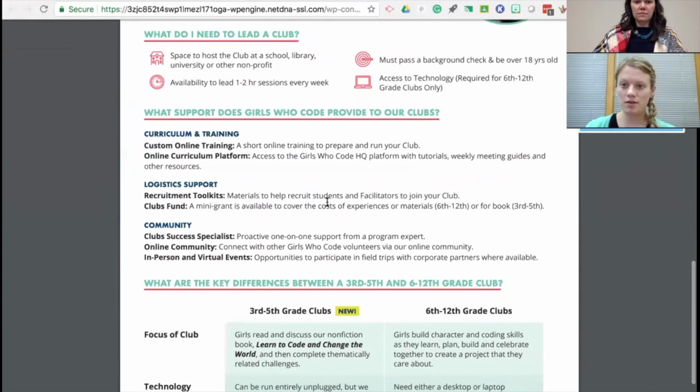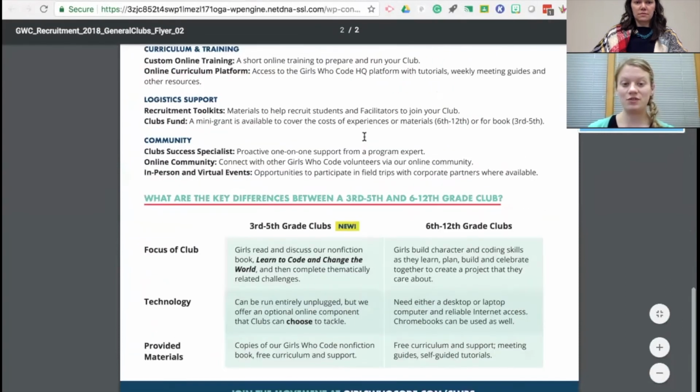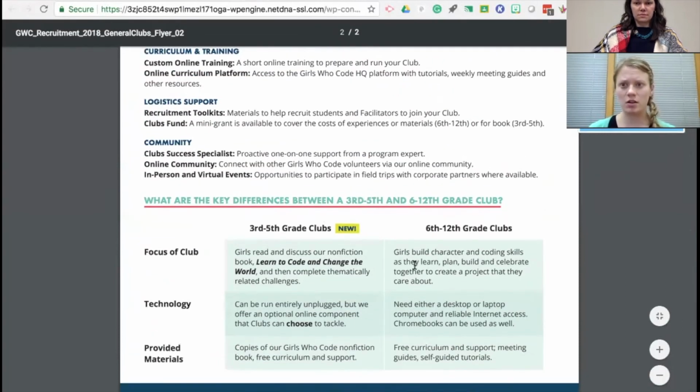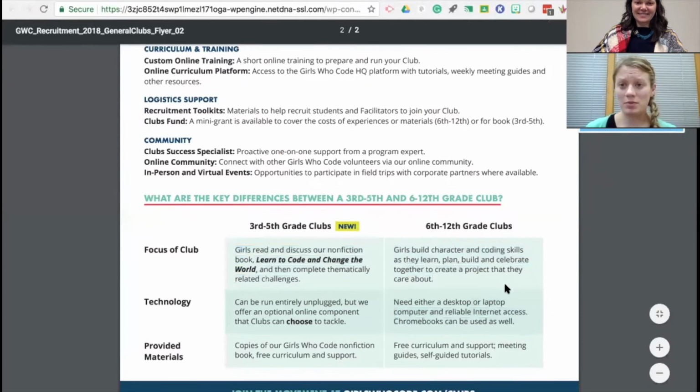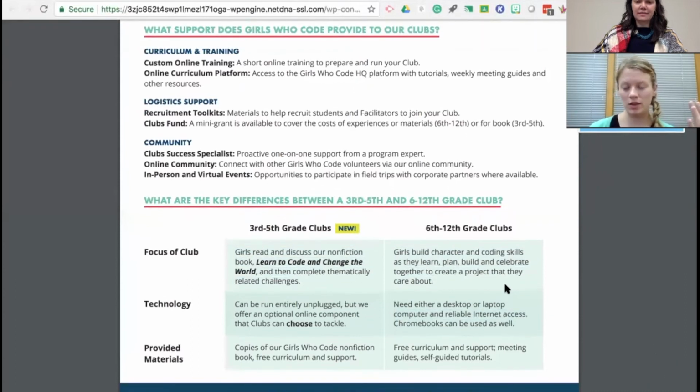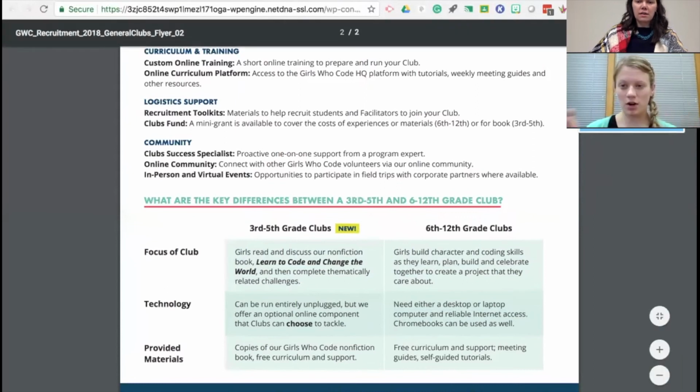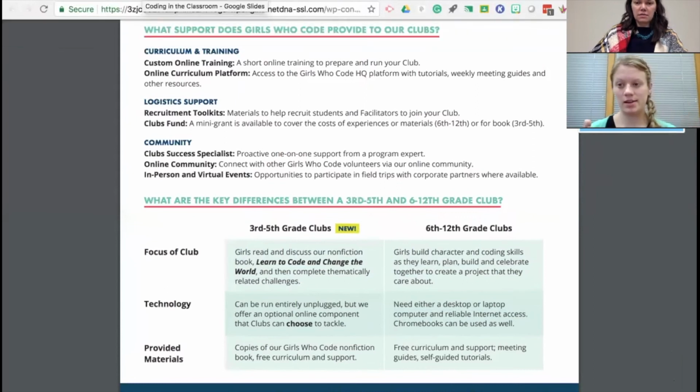The 6th through 12th grade club is more advanced and is focused on working together to solve a problem that you see. They have so many examples that I can't think of one right now. I know they've designed various apps to help schedule different things in their community. It walks them through the process from beginning to end, using different coding principles and